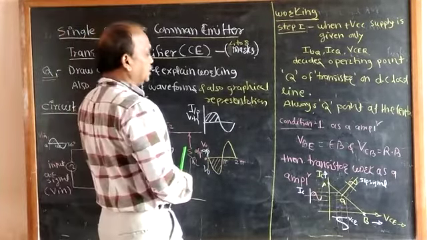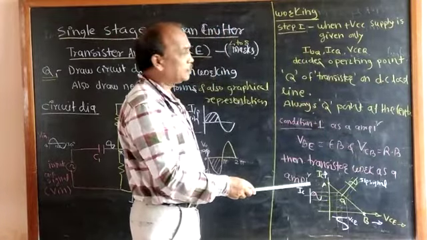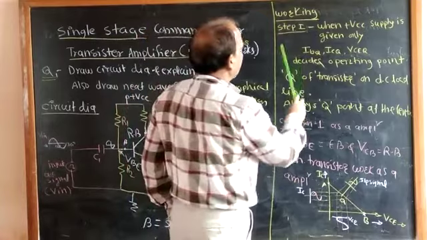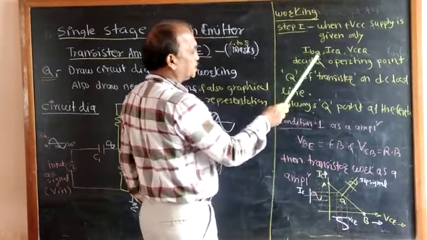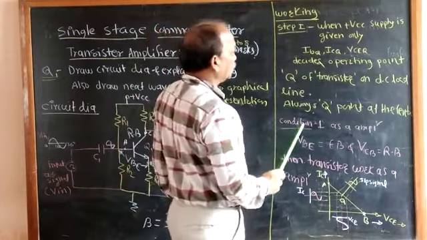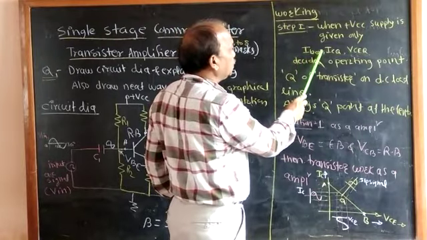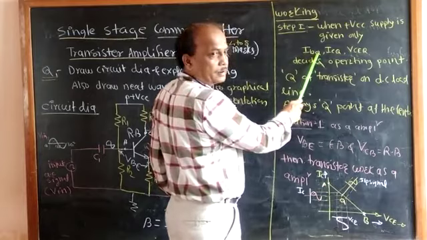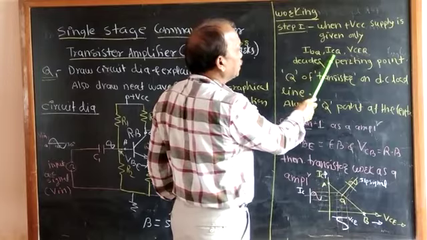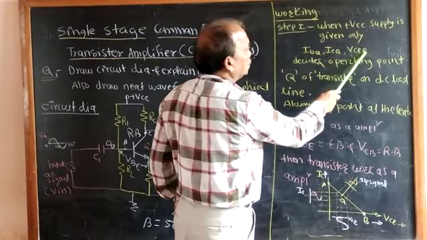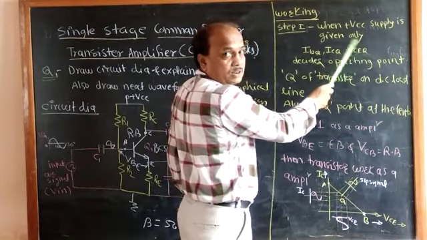Now we have to study the graphical representation of a transistor as amplifier. Now first of all, we are giving DC supply. So due to DC supply, DC current starts flowing through the base. It is denoted by letter IBQ. So IBQ is the DC current. Similarly, ICQ is again DC current flowing through the collector terminal, and this VCEQ is the voltage available between collector and emitter terminal due to DC supply only.